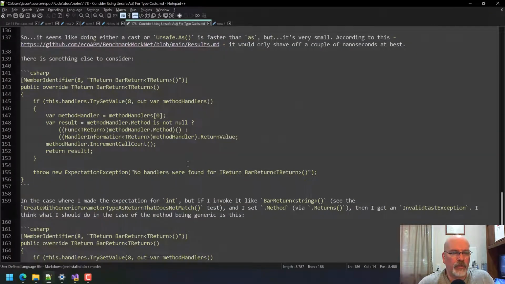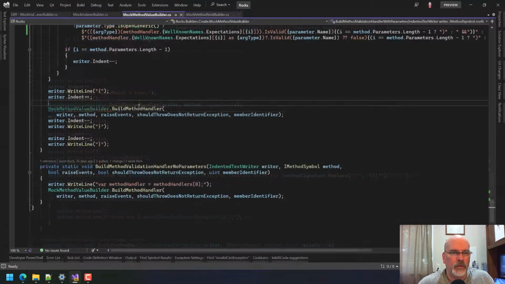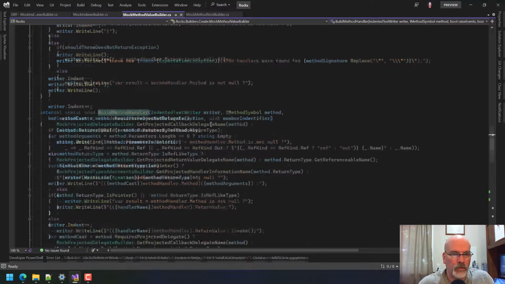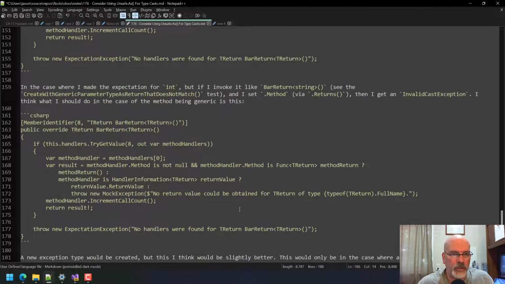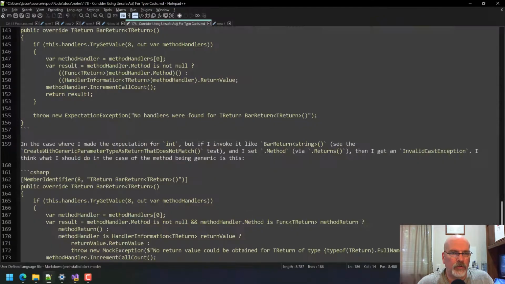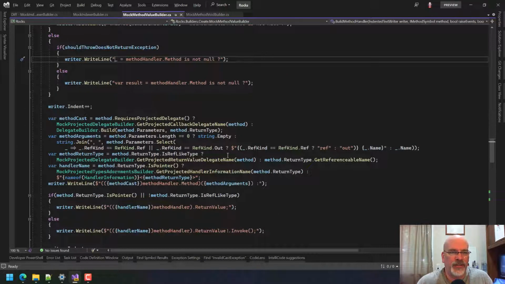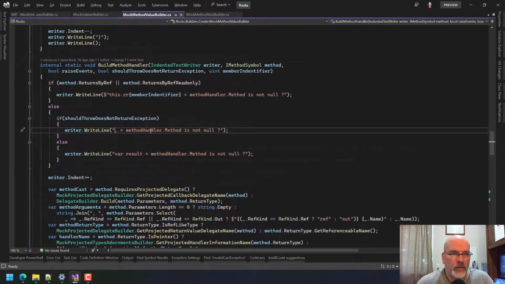If method handler method, this is in the void builder. We don't want the, okay, maybe here? Yes, I believe that's right. And we're doing var result, yes. And this is if we should throw does not return exception. Okay, so somewhere in all this mess, which I think I pulled out enough already that I'm not in a bad spot. Like up here,